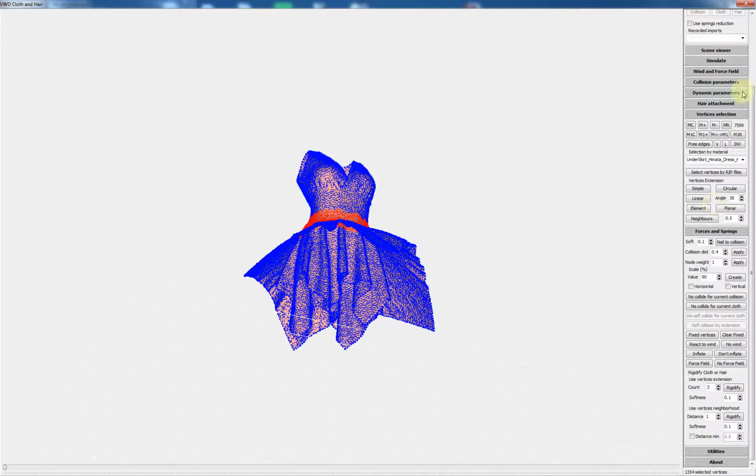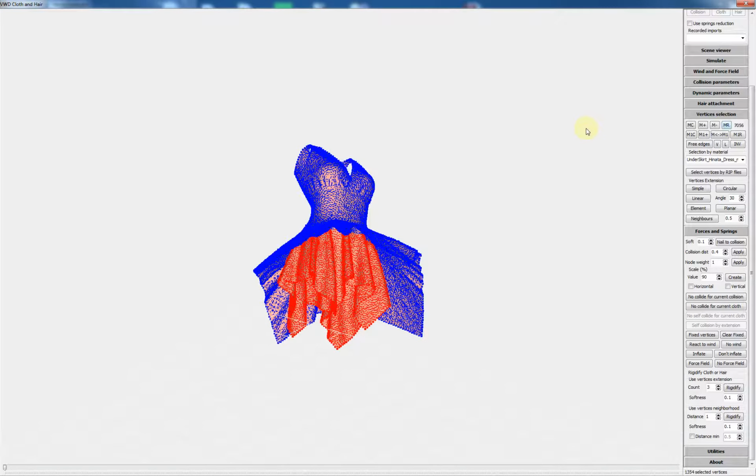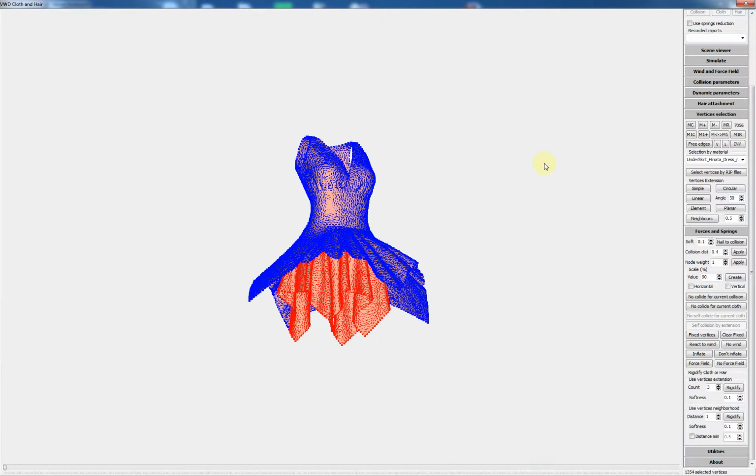Okay, it is good. I remove these vertices from the memory, and I show the content of the memory. Okay, I can apply. No, it is not necessary because these vertices are in the memory.